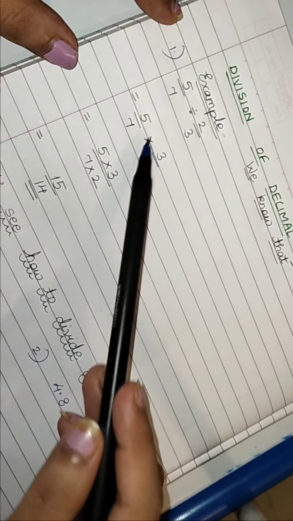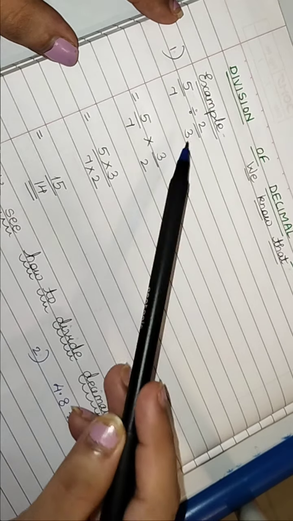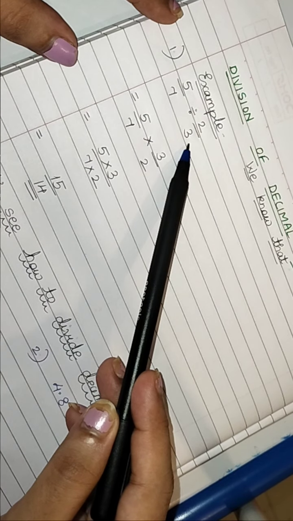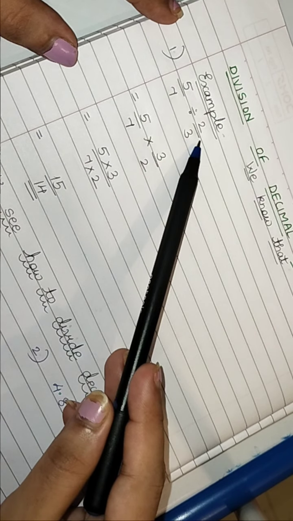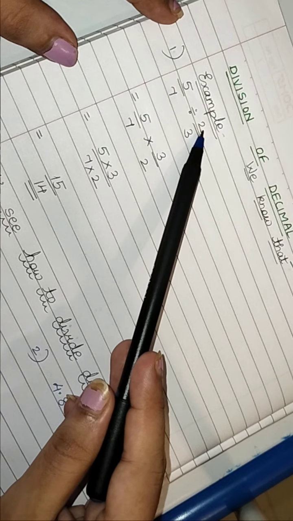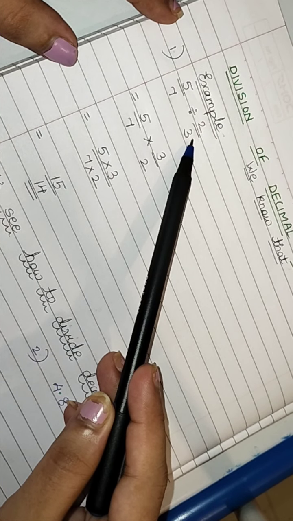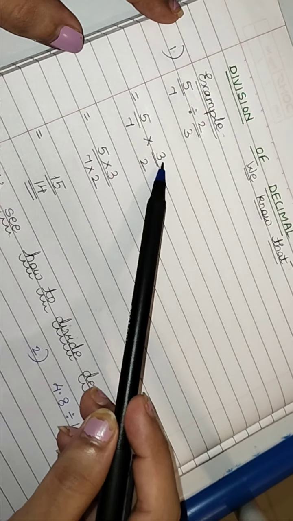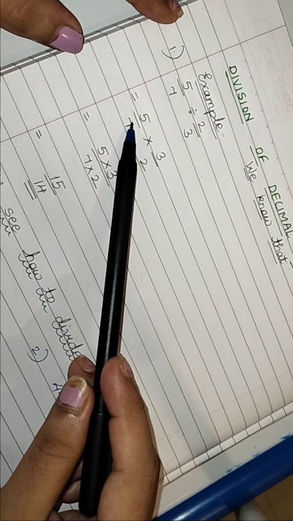Now when I convert this division to multiplication, we know that we take the reciprocal of the fraction next to it. So which is the fraction that is next to our division sign over here, after the division sign? It is 2 upon 3. So what is the reciprocal of 2 upon 3? We have studied about reciprocal. So the reciprocal of 2 upon 3 is 3 upon 2. This number is not going to change.